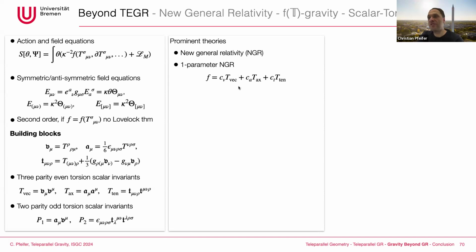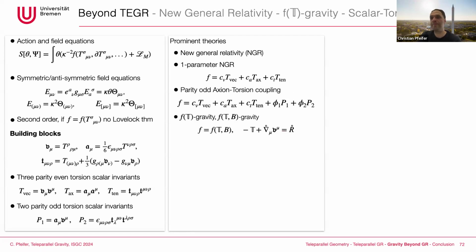And very often one reduces it to a theory where one only has 2 parameters. Another possibility is to do an axion coupling. So coupling in a very natural way torsion, axions to torsion, because we have this parity even scalar invariance, quadratic scalar torsion invariance. We can couple here 2 axions, for example, axion scalar fields to these in order to get some parity even generalization of new general relativity. And since general relativity is a part of that, it's a very natural way to couple axions to the geometry